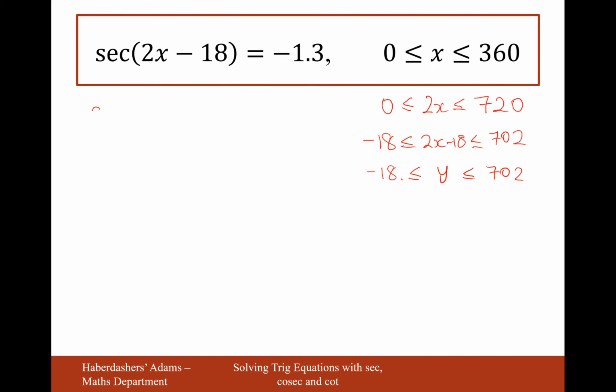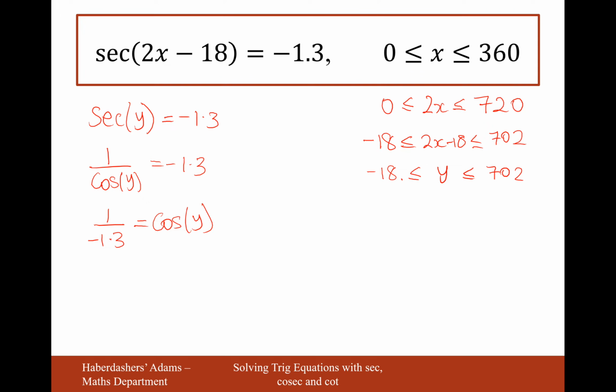Okay, so in this question I've now got sec of y equals minus 1.3. Let's rewrite this as 1 over cos y. And then times both sides by the cos, and then divide by the minus 1.3. Okay, and now I'm going to find out what y could equal. So it's going to be cos inverse, just checking again degrees mode, minus fraction button 1 over 1.3. Close brackets,